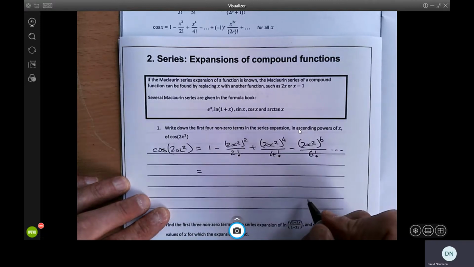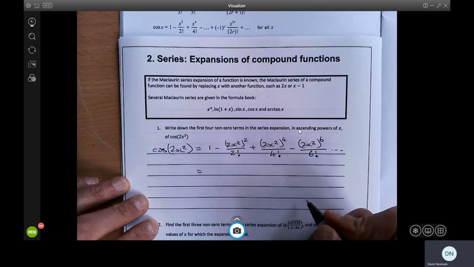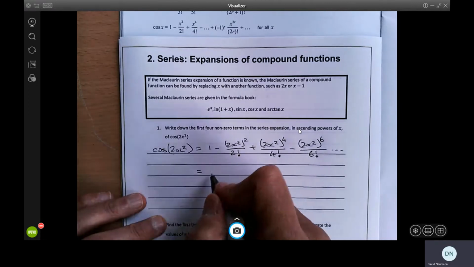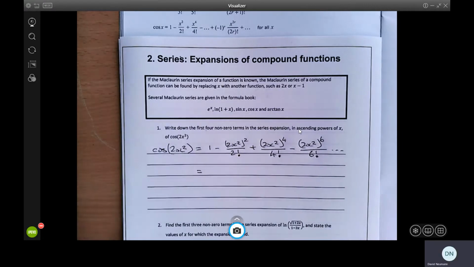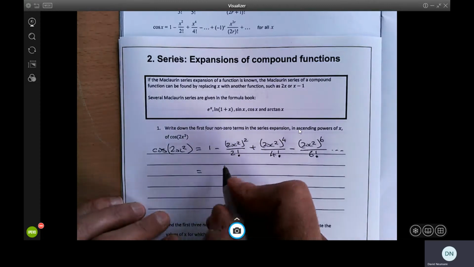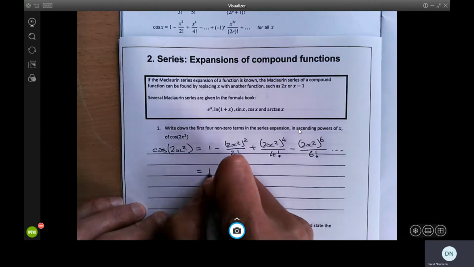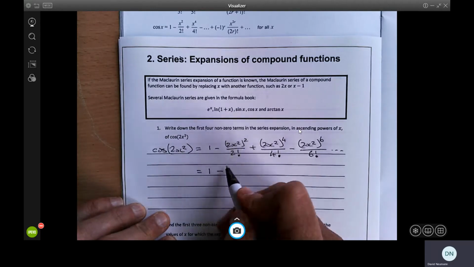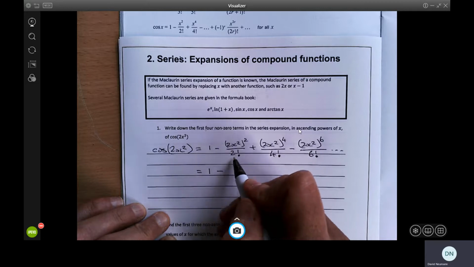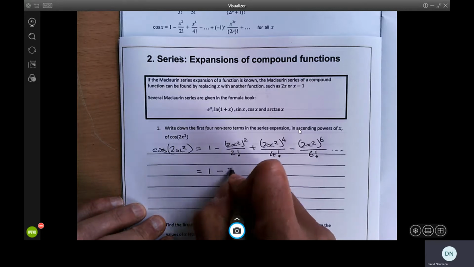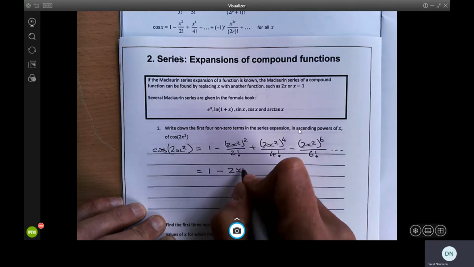And we're going to just simplify those. Often a question will say, giving each term in its simplest form. It doesn't say that here, but I think it's good practice to do so. So we've got 1 minus, here when we square the x squared, we're going to get x to the power of 4. Square the 2, we're going to get 4. 4 divided by 2 factorial is just 2. So we've got 2x to the power of 4